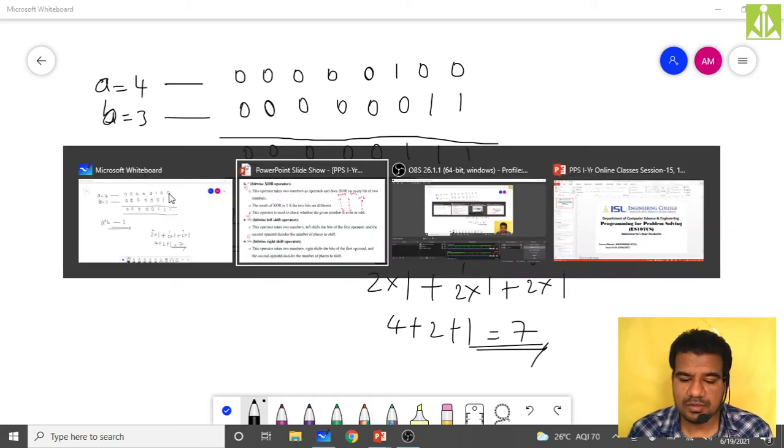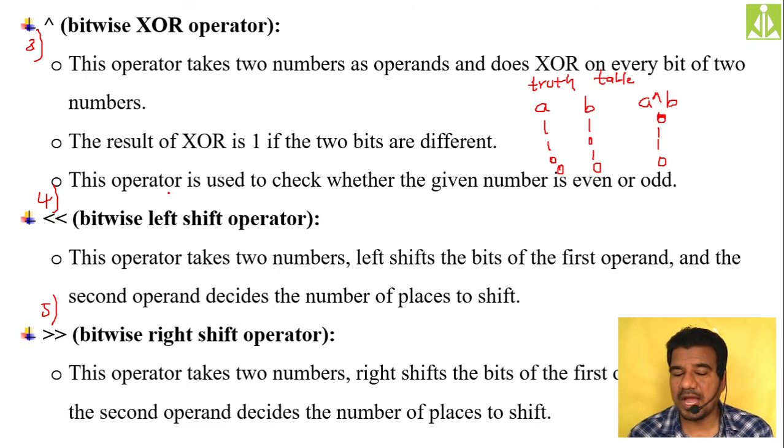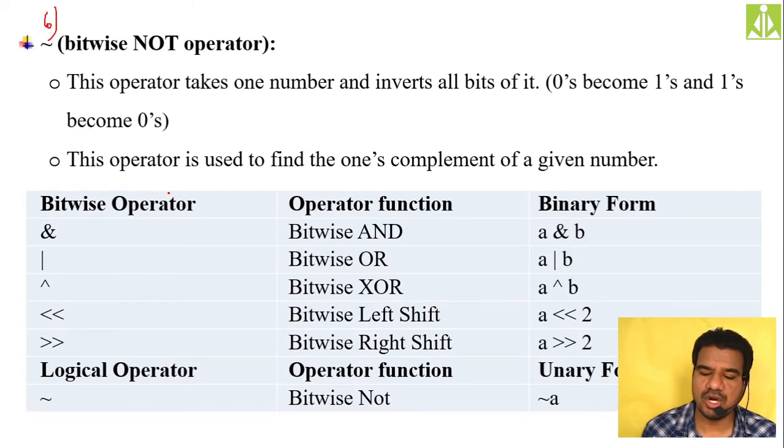Next is the bitwise left shift and bitwise right shift. This we will discuss afterwards. When we do the stuff practically, I told you that parallel to these theory sessions I am going to put the practical sessions also. Over there we will do this with more clarity. So for that I'm just skipping the bitwise left shift and bitwise right shift operators. Then we have the bitwise NOT operator. This bitwise NOT operator also we will discuss in the practical session.